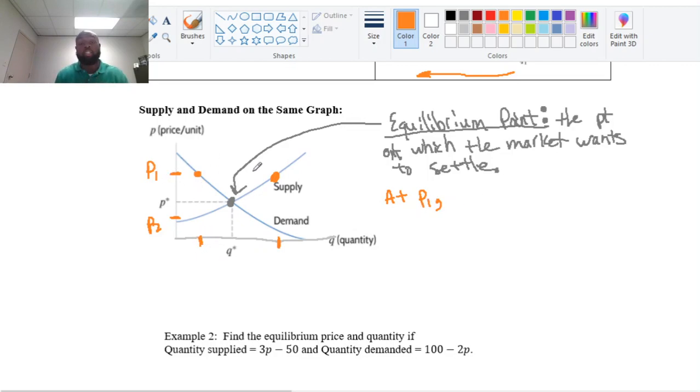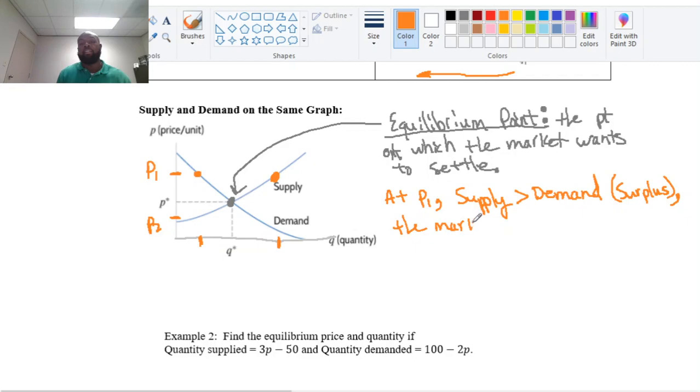So at price 1, supply is greater than demand, all right? When there's more items on the market than people demand, we call that a surplus, all right? Since this price on which this occurs is larger than the price at equilibrium,